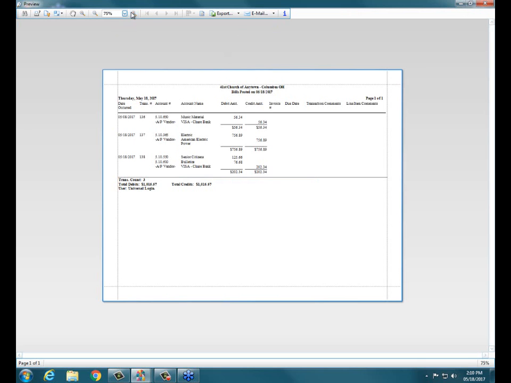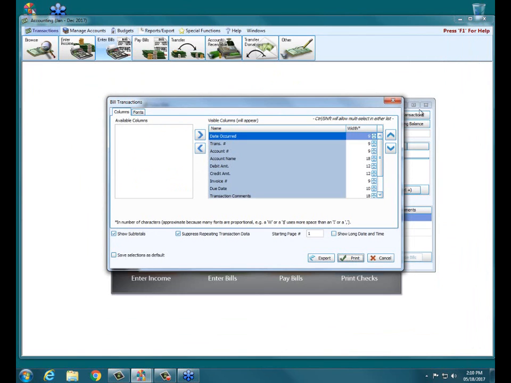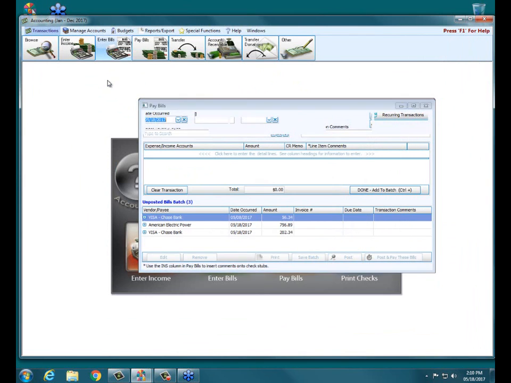So right here, let me zoom in a little bit on that. It says bills posted on 5/18. Okay? That's the date that I'm sitting at the computer when I'm posting these bill transactions. Okay? So again, one of the things I want to show is now that I've entered my bills, and here's my pay bills,